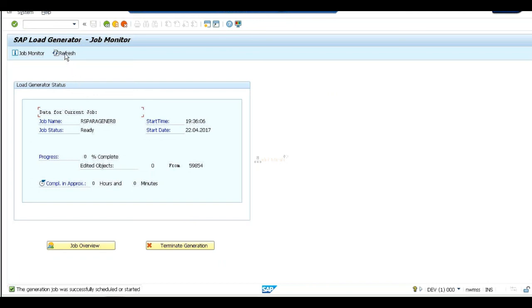Just refresh here. From the SAP level we can check here only. No need to go to MMC. At the SAP level we can cross-check whether my background job started or not, and what the status of my background job is. It is running very slowly.